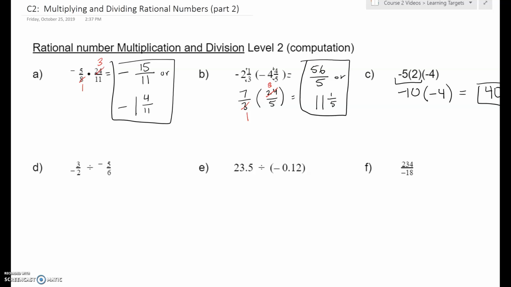This is about dividing rational numbers and multiplying, I guess. Nope, looks to be dividing. I didn't really realize part A was the multiplying part. Now part D, we're dividing rational numbers. So,